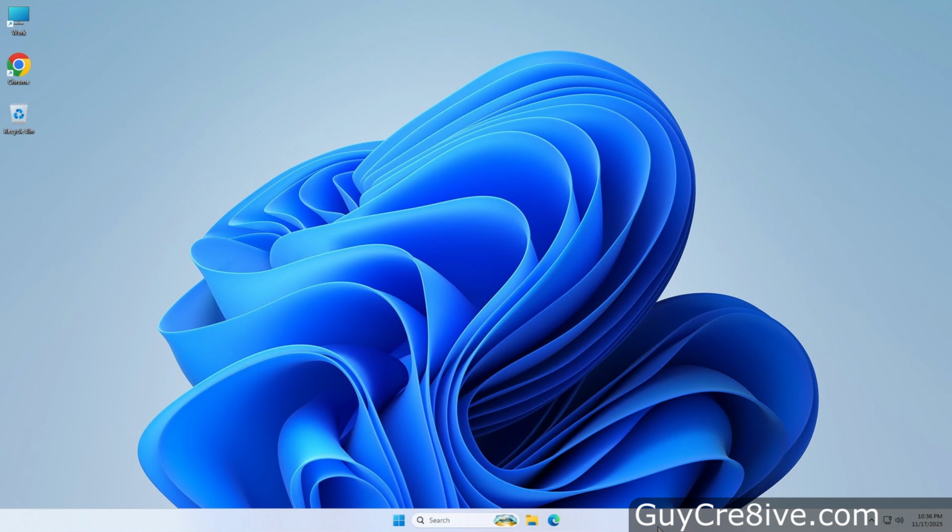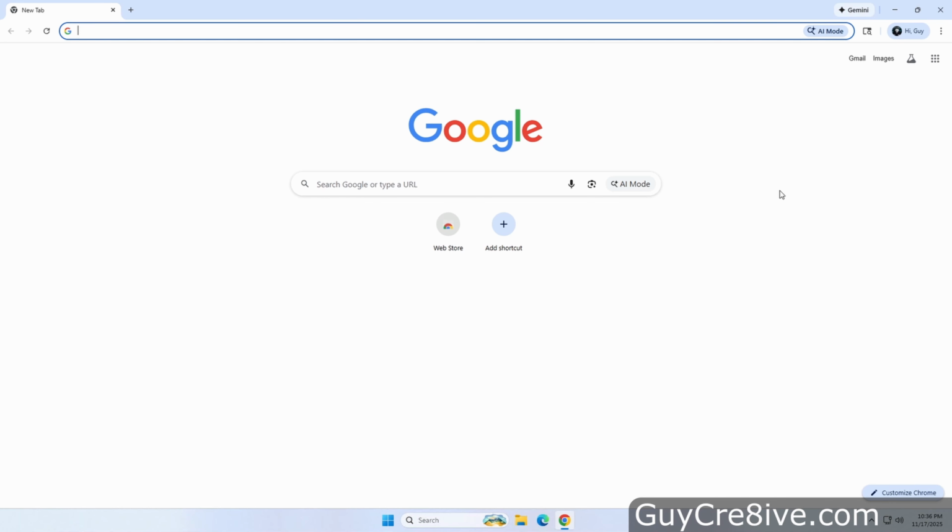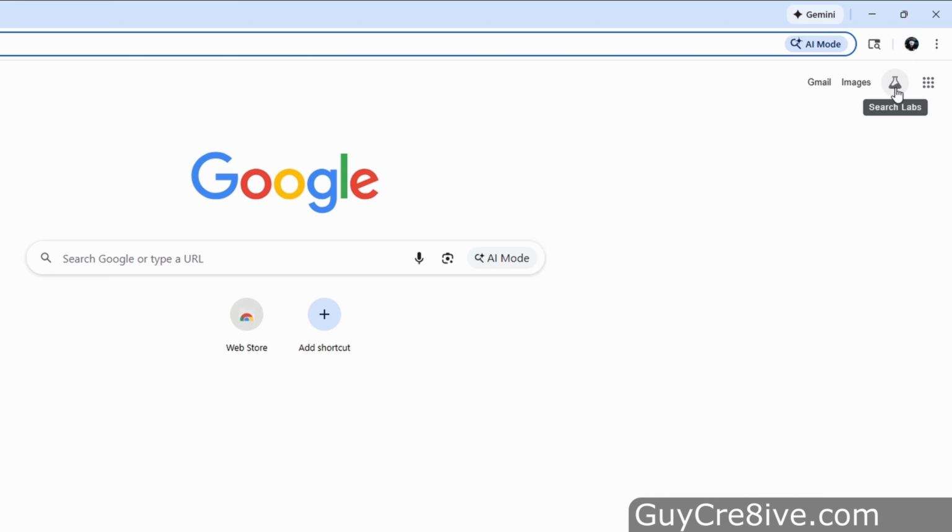In this video I'm going to take a look at Google's web-based Veo 3.1 AI video generation technology. So the first thing I will do is go up and double click on my Chrome icon to open the browser. Then I can just go up and click on the little beaker icon at the top right to search